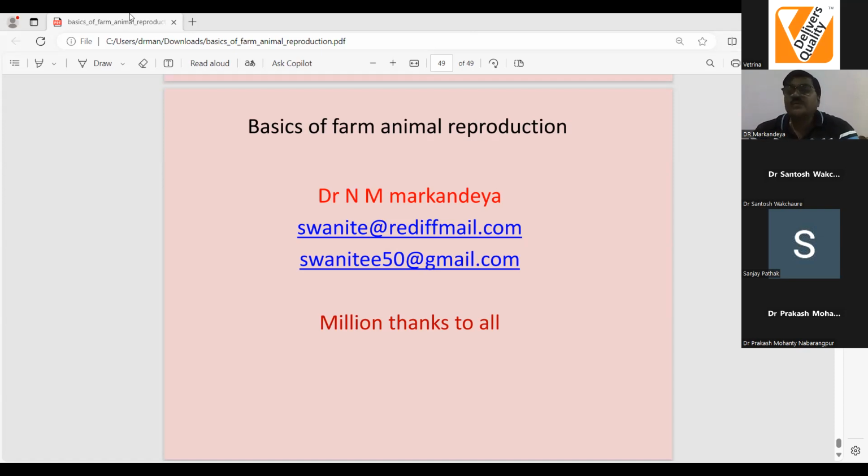And who will check this? The animal cannot check whether this is regular or irregular estrus. The owner will have to check it. He will have to record that on 1st of February the animal was in estrus. Today is 21st of February, and today the animal is in estrus. The first estrus is not fit for insemination. 1st February to 21st February is fit for insemination.